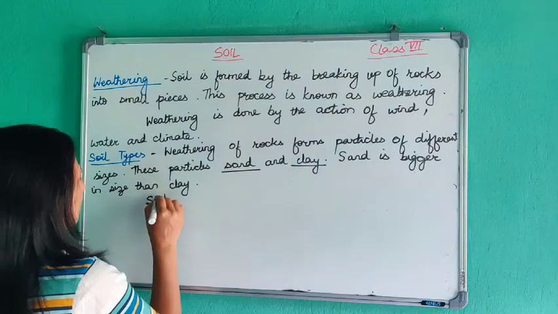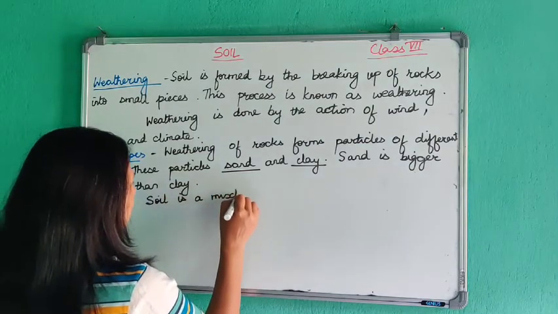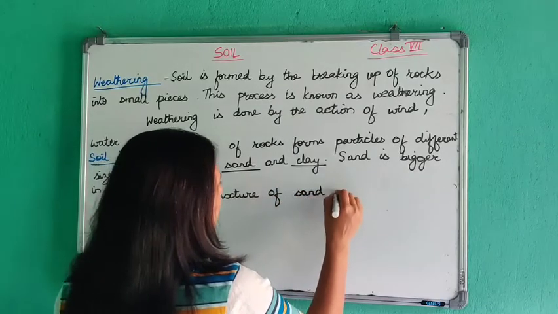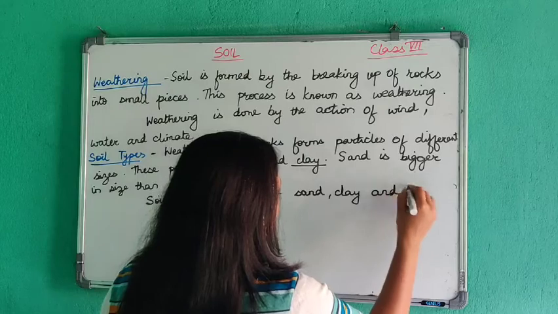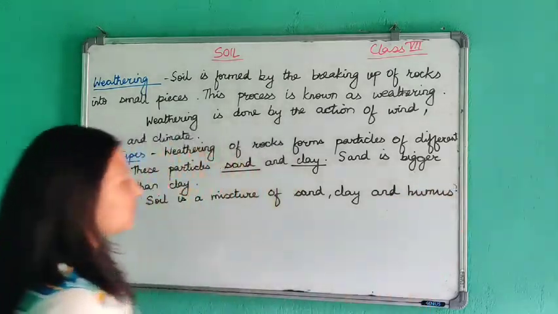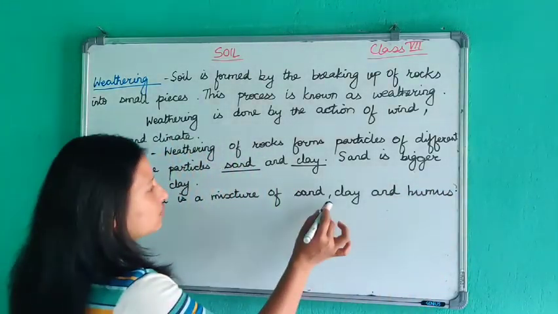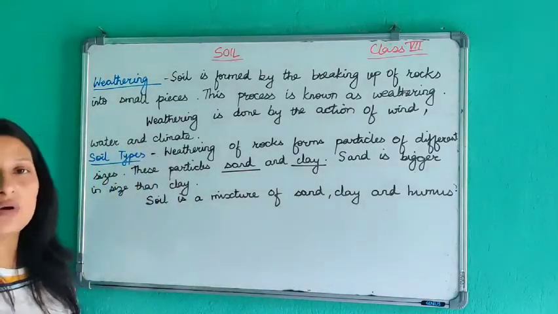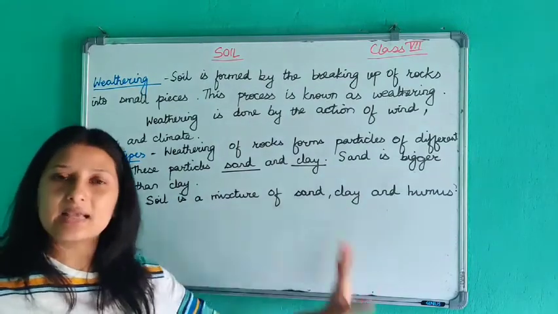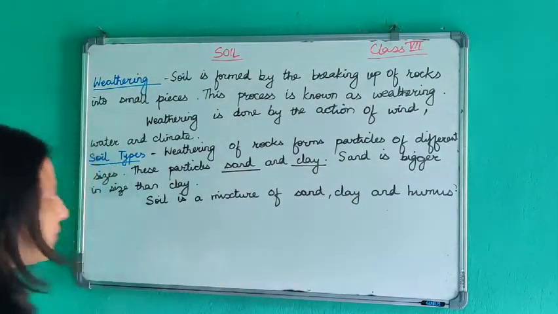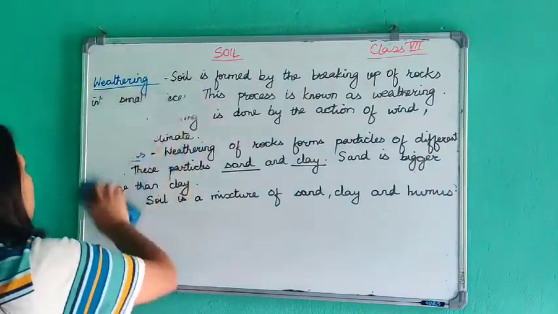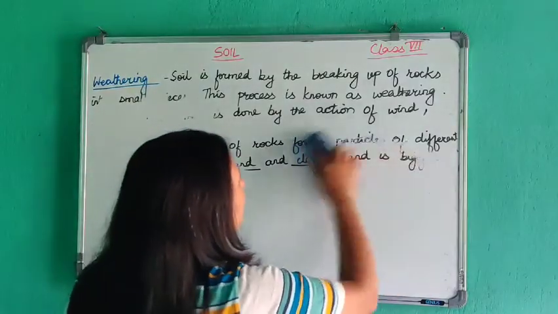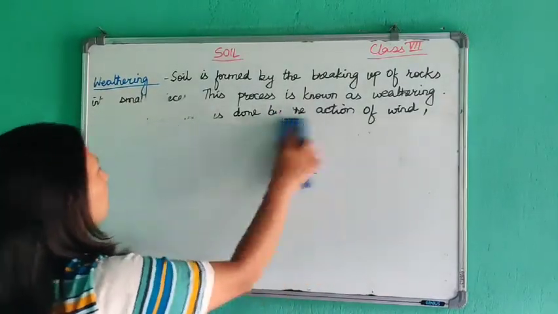Okay, soil is a mixture of sand, clay and humus. Okay, it is formed by the mixture of three things, that is sand हुन्छ त्यसमा, clay हुन्छ अनि humus हुन्छ. Now based on the amount of these sand and clay in the soil, there are three types of soil. Okay, यो sand र clay कति कति मात्रामा हुन्छ अमाउन्ट हेरेर चाहिँ सोइल चाहिँ तीन प्रकारको हुन्छ, sandy soil, clayey soil and loamy soil.